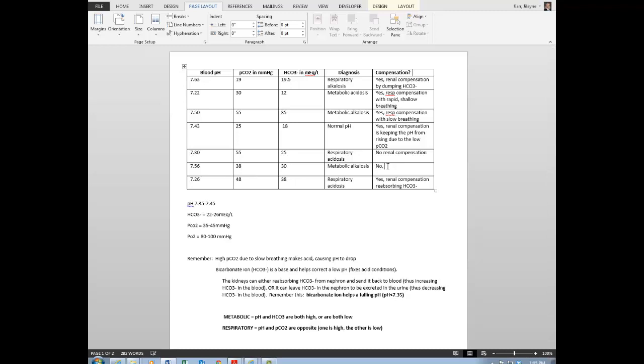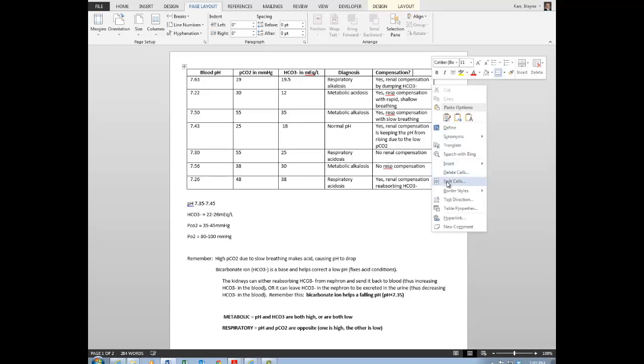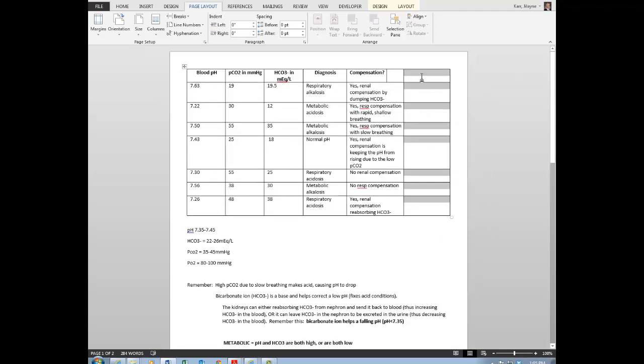So what might be some causes of these conditions? I think it's important to look at possible causes. I'm going to insert another column here to figure out what possible causes we might have of these conditions. So here I have a respiratory alkalosis. If I go back to my chart,